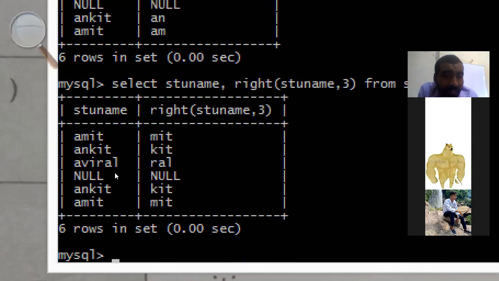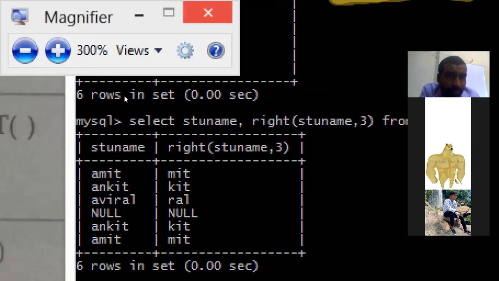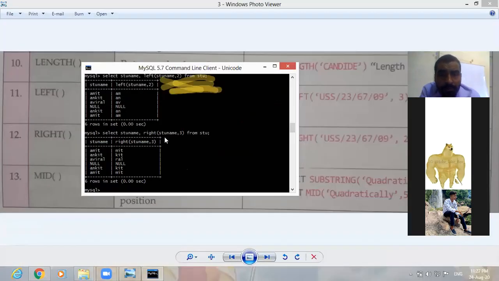Now you can see 3 characters from the right side: in Amit it is MIT, in Ankit KIT, in Aviral RAL, and then again KIT, again MIT. Have you understood these functions? Have you all understood? Okay.